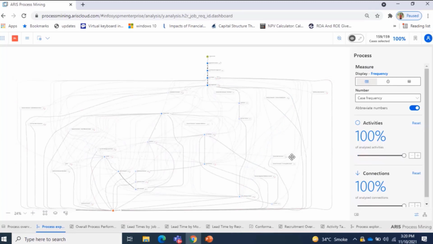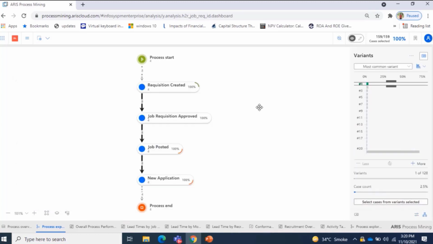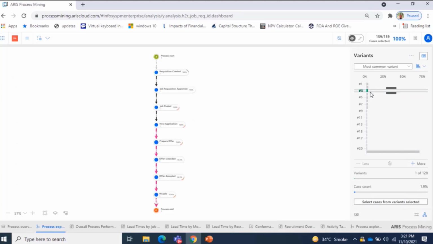There is another view that a business user can utilize to analyze their process, the variant explorer view. Here the tool will club together the variants that are occurring in similar ways, the most common variants occurring in the process. Now the business user can identify which particular variant is important to them and which is not.